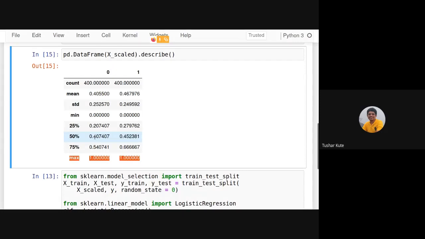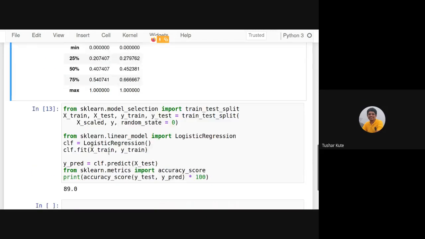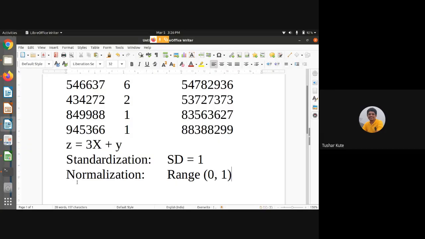They are scaled within the range of 0 to 1. Now this scaled data I'll apply here and check the result. No change in the accuracy. Either I can use standardization or normalization. The difference is that standardization makes the deviation equal to 1 and normalization puts the data in the same range of 0 to 1.